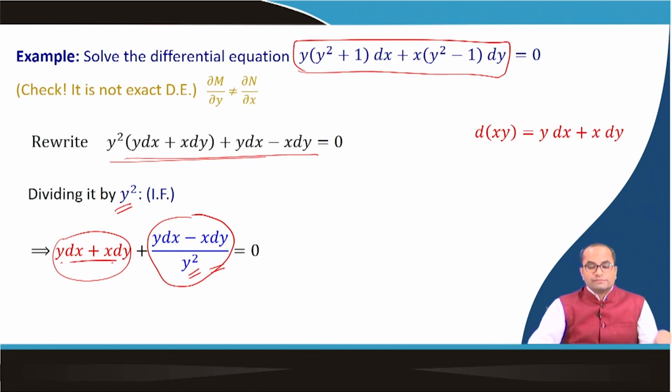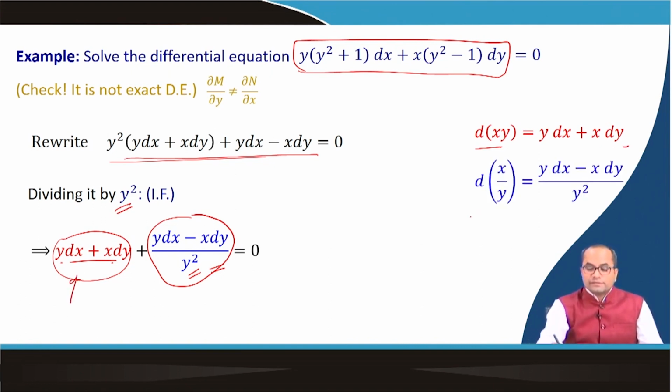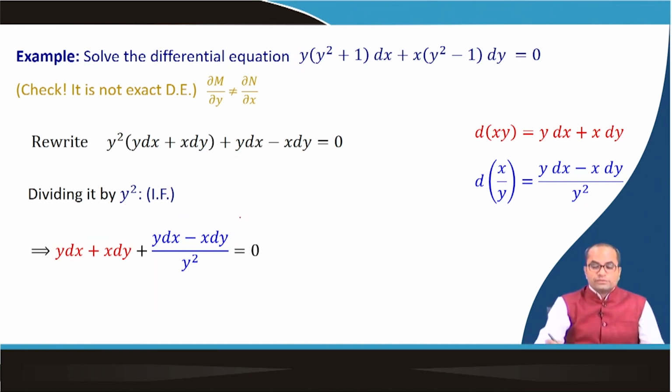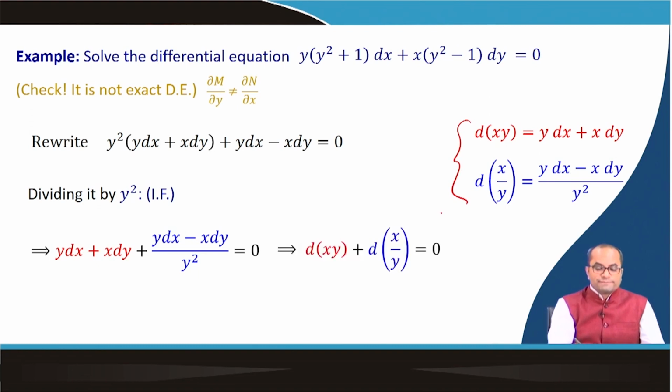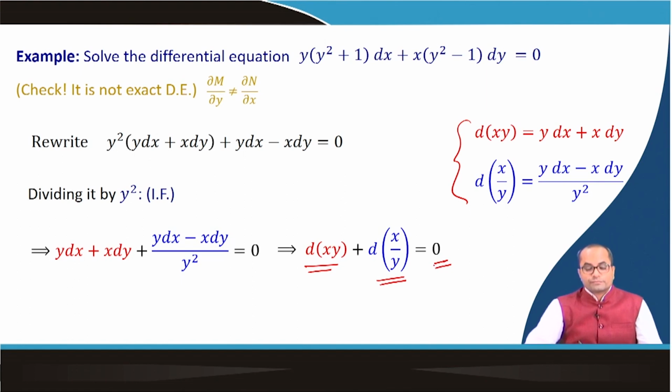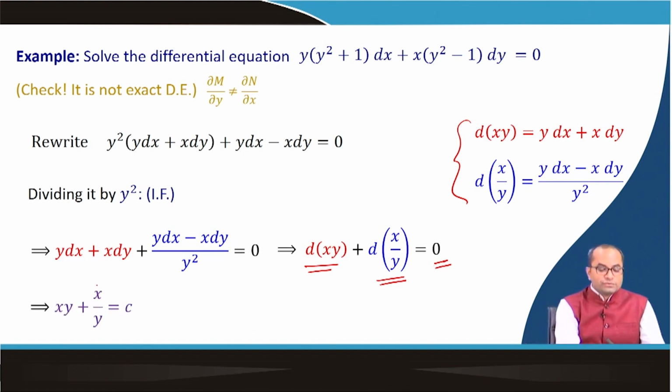So, now this equation we can write down directly, because d of xy is y dx plus x dy, which is exactly sitting here, and the differential of x over y is equal to y dx minus x dy over y square, which is also given here. So, by using those differentials, we get that d of xy plus d of x over y is equal to 0, and hence the solution will be xy plus x over y is equal to this constant,